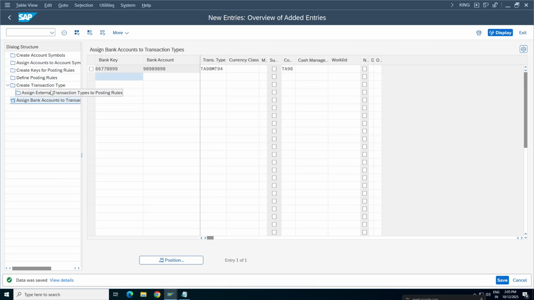Under transaction type, this is very important to identify the external transaction types, on what basis you are clearing the transactions. Okay. So come back to the